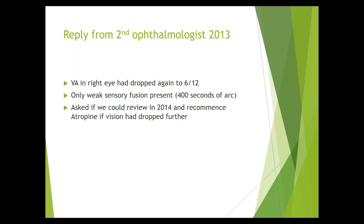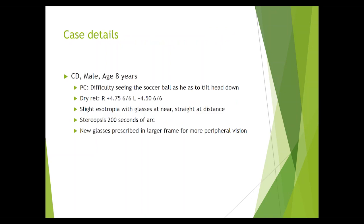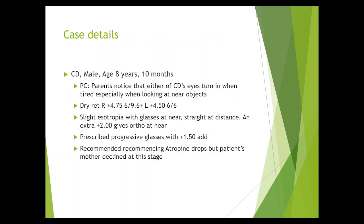It continues. We're going up and down like a roller coaster with this little fellow. The vision in the right eye had dropped again to 6/12, only weak sensory fusion present, and so we commenced Atropine drops again. By 8, we're still bouncing up and down, about 200 seconds of arc, but fairly good vision. And almost 9, it's dropping down again in the right eye. So at this point, even though he looked straight at distance, we gave him a little bit more plus at near. So we gave him some progressive lenses and we recommended recommencing Atropine drops, but